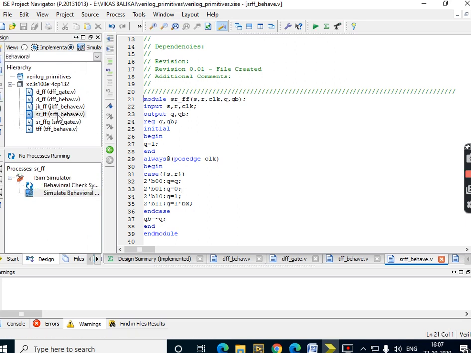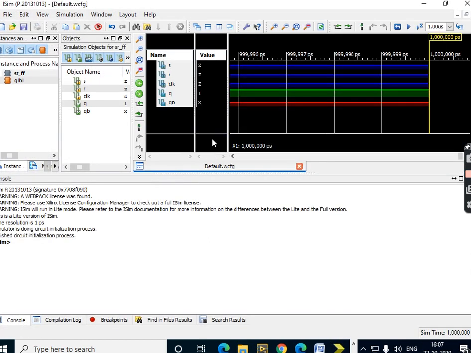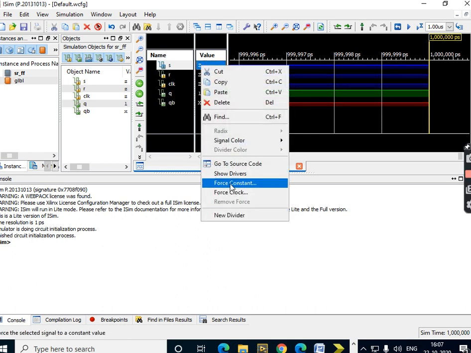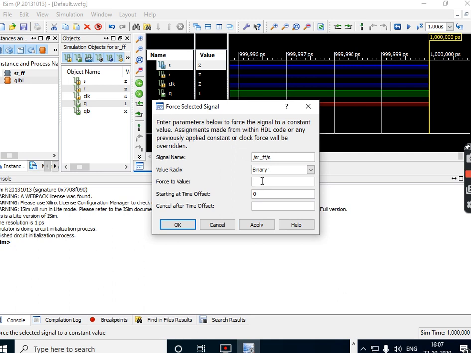The simulation which I want to check is the SR flip flop behavioral level. So therefore check syntax behavioral, then simulate behavioral model. So what do I have to apply now? S and R, correct? 4 cases. So I'll force constant. S I take 0, apply.